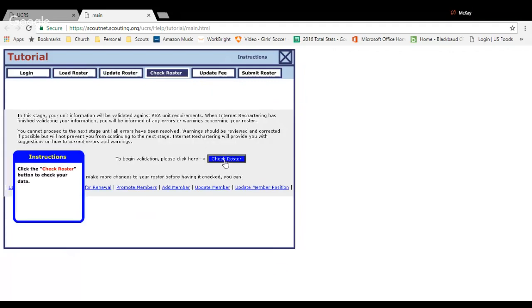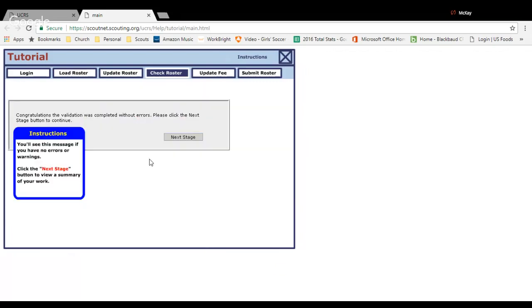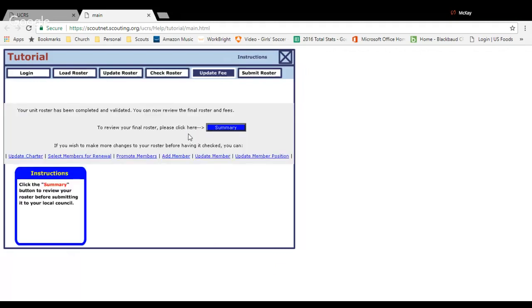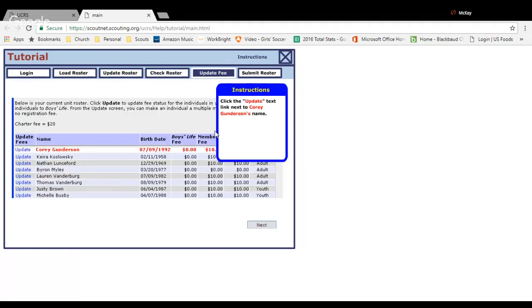Then we're going to just do an overall check of the roster. We've made all these changes. We've removed people from the roster. We've added people, both youth and adults. And we're going to just do an overall check here. Okay, and it looks like everything was good to go. So let's do a summary of our roster here, and it is showing us that we need to update Corey's